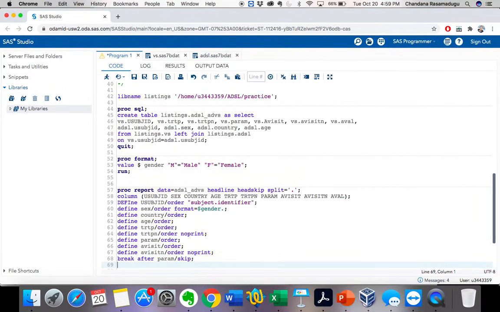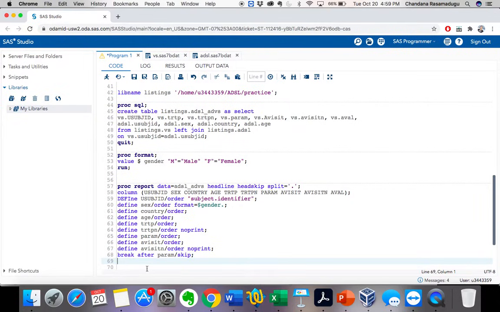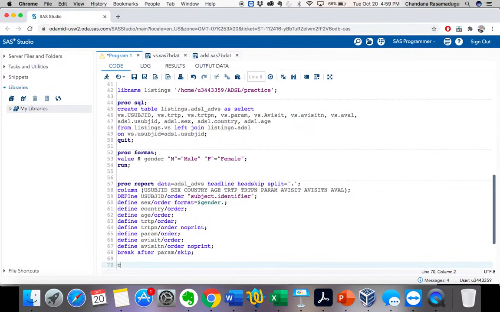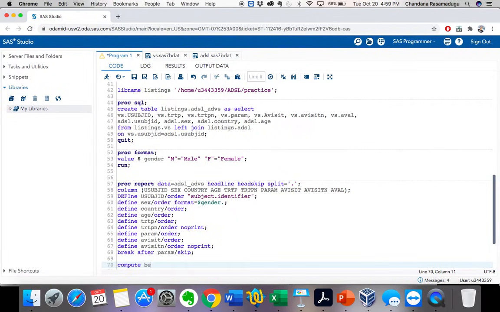Now we are completely done with this part. Let's look into this header portion. How can we do this header portion? By using compute, right? Compute before _page_.